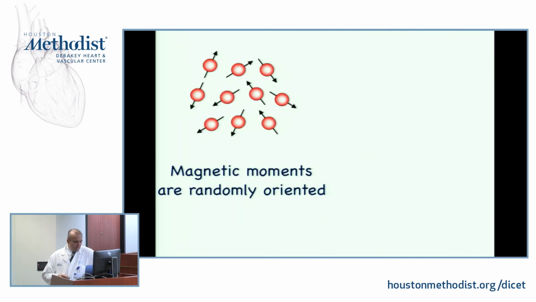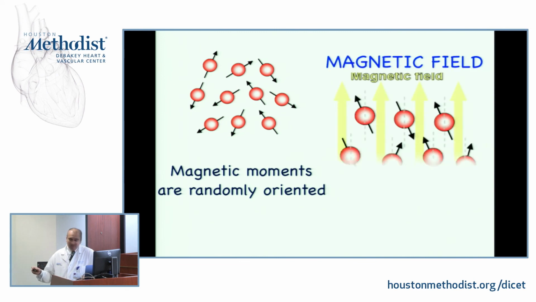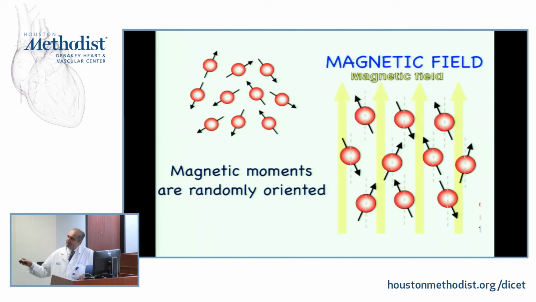So the other thing I think it's important to keep in mind is that all of these hydrogen atoms will tend to spin around in a random fashion. But when they get put into a magnetic field, the magnetic field causes them to align in the direction of the magnetic field, so that there's a net magnetization in the direction of the magnetic field. It doesn't mean that all protons are lined up upright, but it just means that there's more protons lined upright than there are lined in the opposite direction, and so as a result,